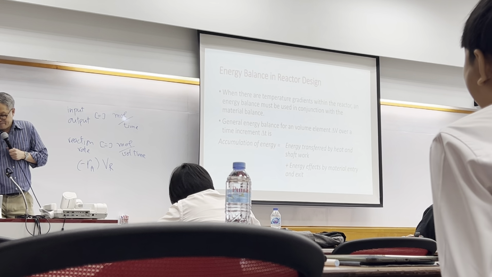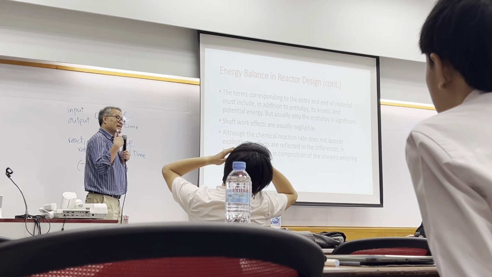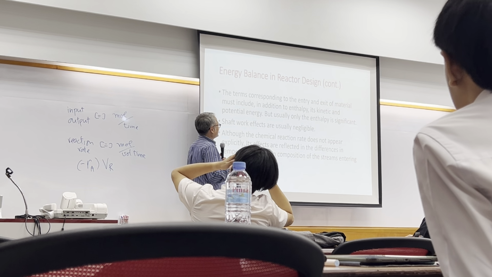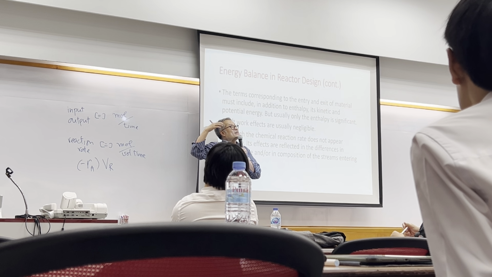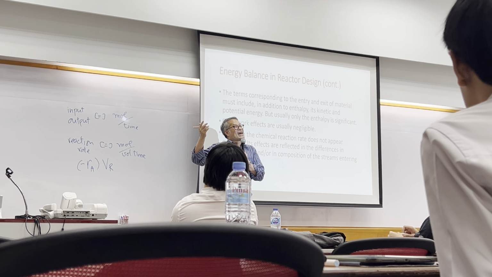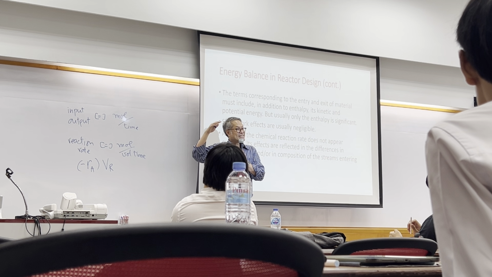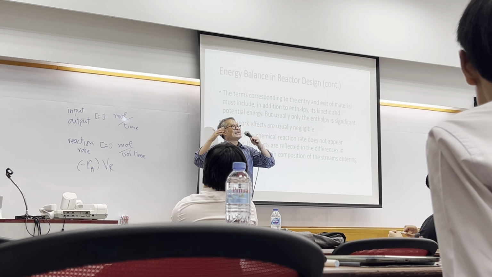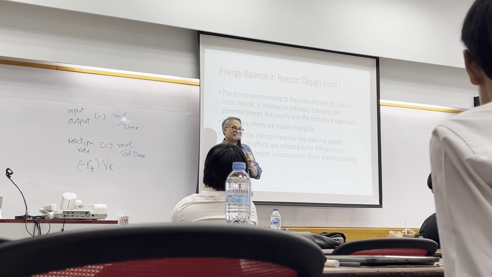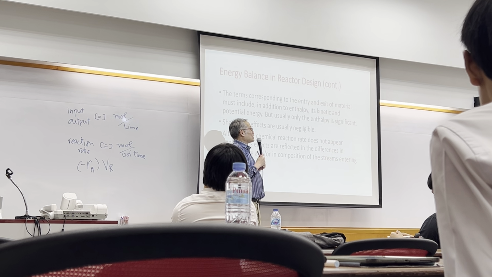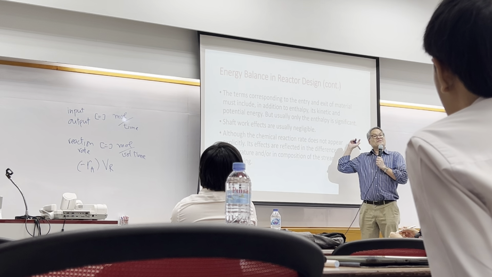So when you have to use both material and energy balance, then it can get complicated, okay? Because when there is an energy balance, you suspect that there might be a change in temperature, right? And a change in temperature would be a change in rate constant according to the Arrhenius relation. So it becomes entangled. So you need to solve both simultaneously, okay? When you have a non-isothermal operation for the reactor. But that will be the last chapter,